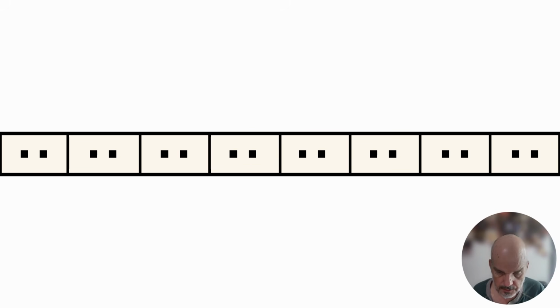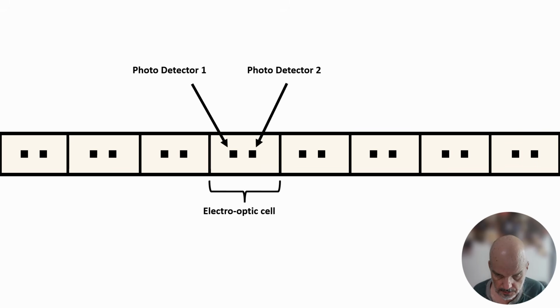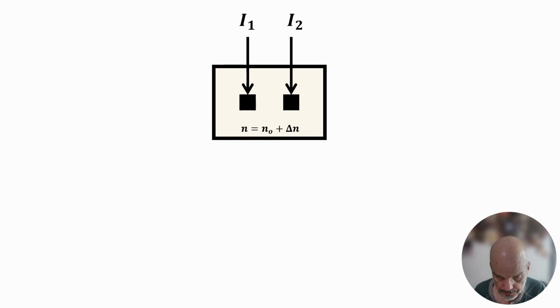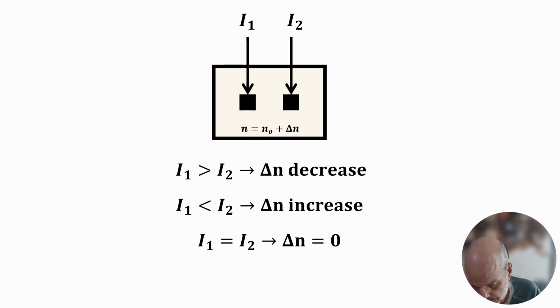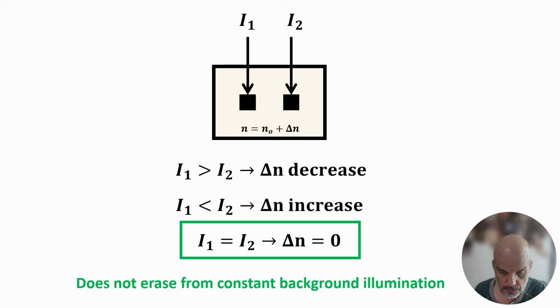The material consists of cells. Each cell contains a set of photoreceptor sites, and we create a space charge field in proportion to the difference in the intensity that each site receives. So if one site is more intense than the other, delta n will increase or decrease to correspond to which site that occurs at. But if the two sites receive an equal charge, then the net charge between the sites will not change, and so we don't get a relaxation in proportion to a constant illumination.